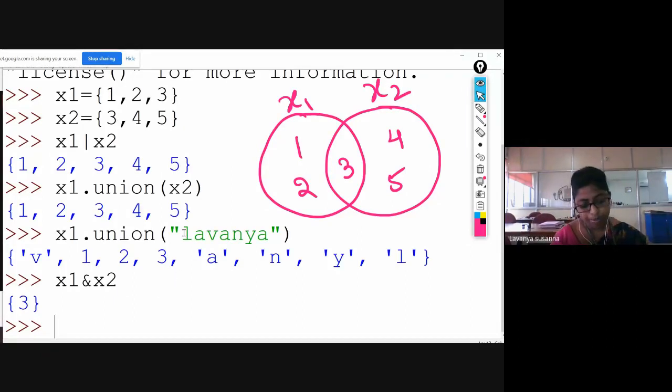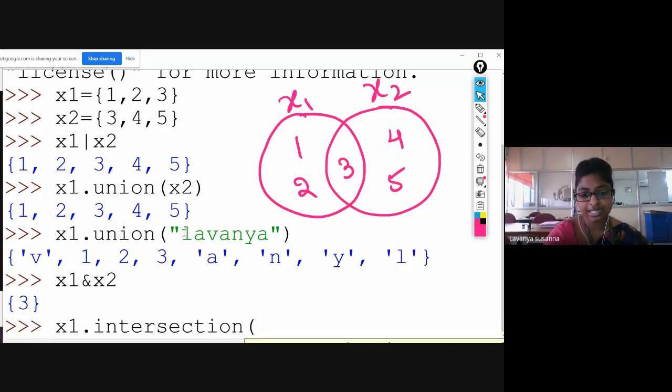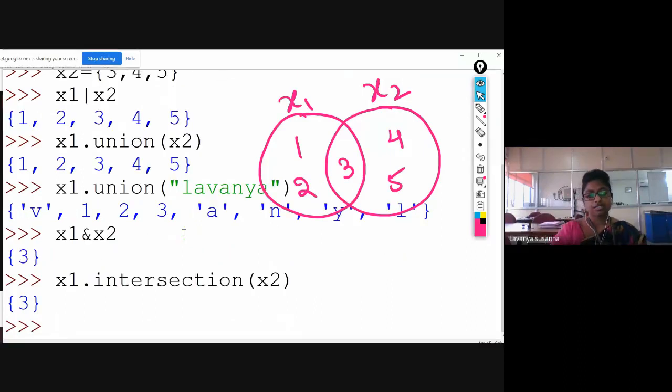Now you can use a method. What is that method? Intersection. x1 dot intersection. Intersection function. Inside that, you are going to pass x2. See, enter. Intersection means it will give common elements. Now, you can do it using the AND operator, and you can do it using intersection. Okay. Now, what is the difference between this method?